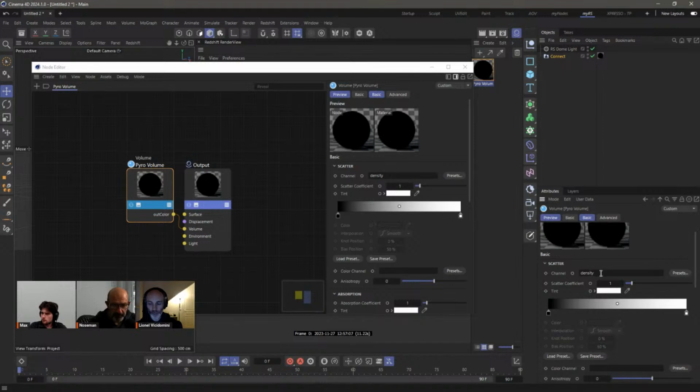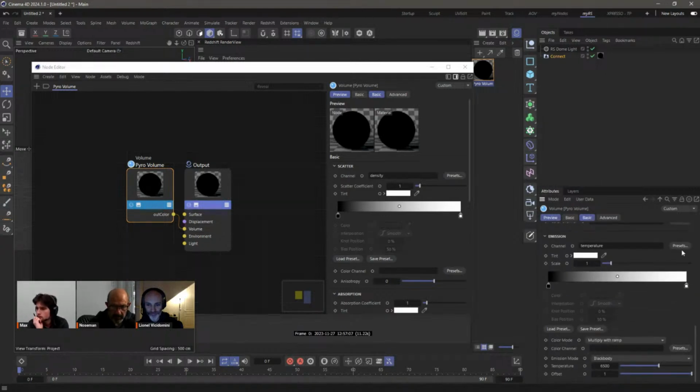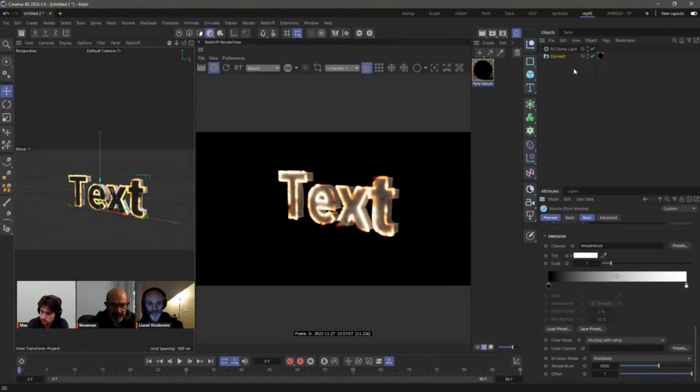Now, mind you, this is something you need to be aware of. Because the Pyro shader, the Pyro material, is populated with these names by default, that's why I named them as I did earlier. But you can also name them anything else, and then just go here to the connect and put one in the density and the other in the temperature. So it will work. I just named them as such because it will save me 2 clicks. And if I can save 2 clicks, I'm willing to spend 2 hours doing that.